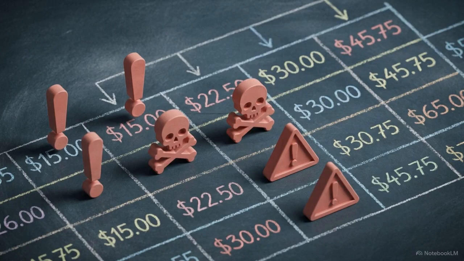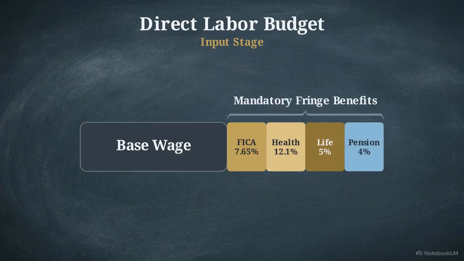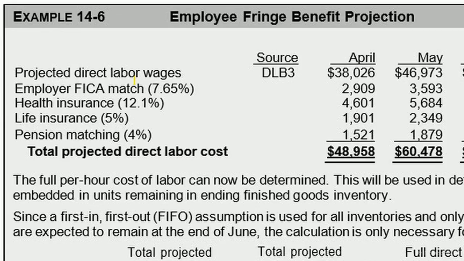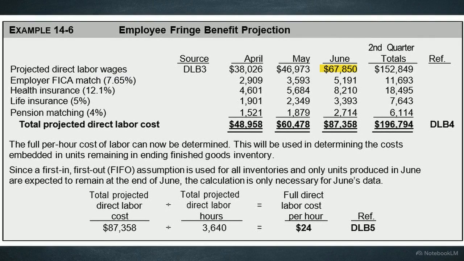Building a budget using standard base wage rates will leave your calculations dangerously incomplete. You have to incorporate mandatory additions, employee fringe benefits like FICA, health insurance, life insurance, and pension matching. This employee fringe benefit projection schedule shows how specific percentages inflate base wages. Adding the 4 fringe categories for June, the $67,850 in wages becomes a total projected direct labor cost of